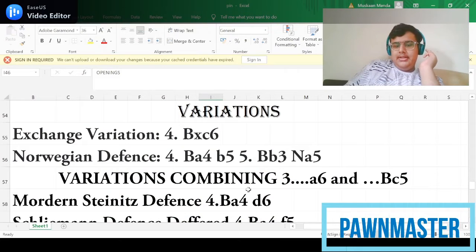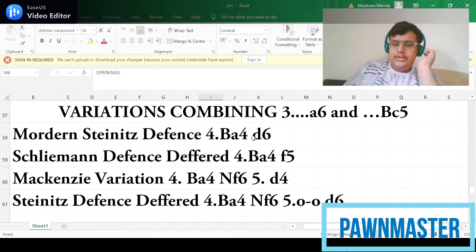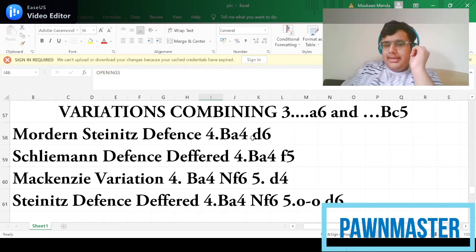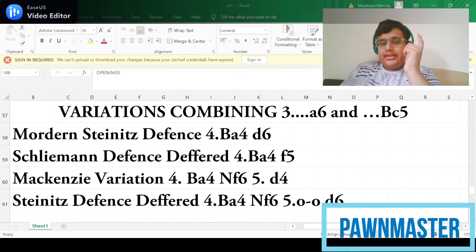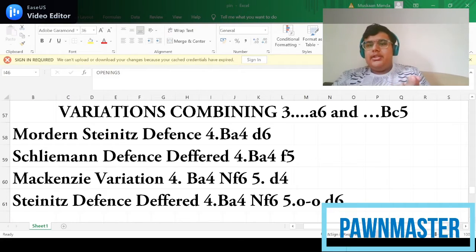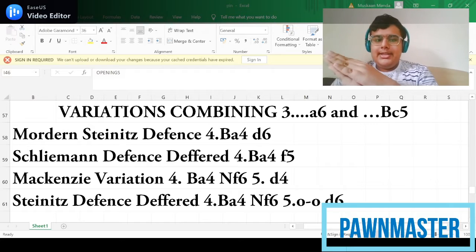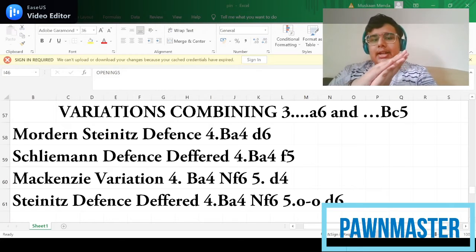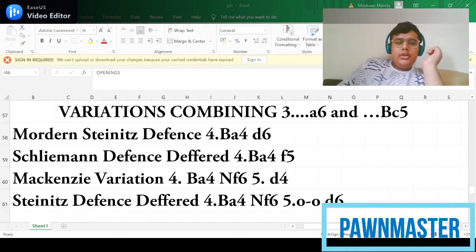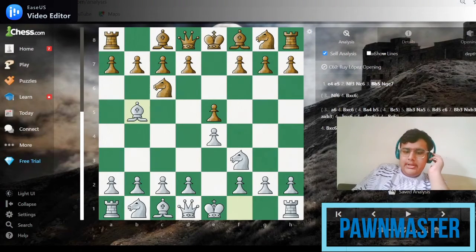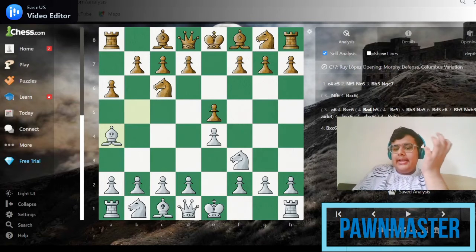Here you can see it is bishop to a4 and then d6, which means white will play bishop to a4. After that attack of a6, now let's head to the chessboard. We are seeing one variation over here, going to the chessboard, analyzing it, and then coming back and seeing the other variation. Now we will see this bishop will go back to a4 after this attack, and unlike the Norwegian